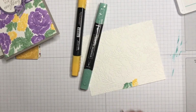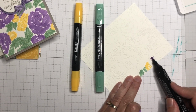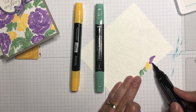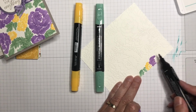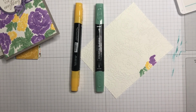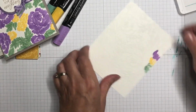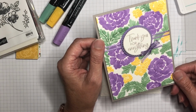This is a handmade card after all, but I did want to share with you that this is one other idea that you can use with this embossing folder. So you get the idea. You just take your time and go over the parts that are raised, and hopefully don't get too much that's inside between the raised parts. Remember to always cap your Blends, your alcohol markers, so they don't dry out. So like I said, I would just continue to color that, and then I came up with this card,